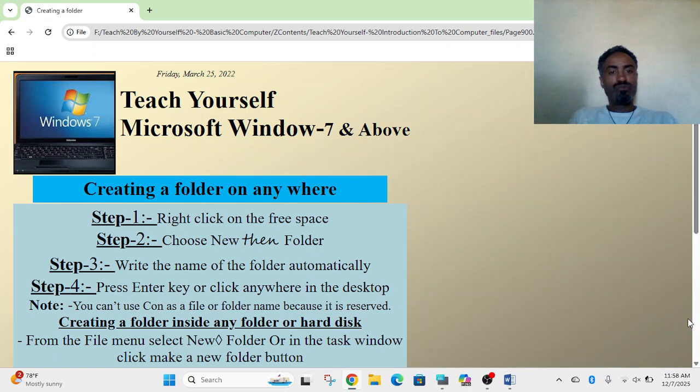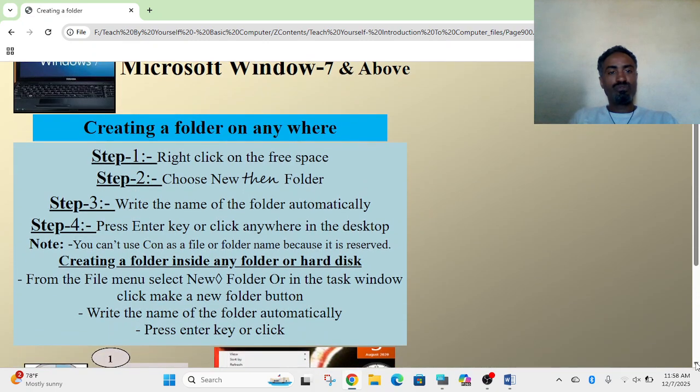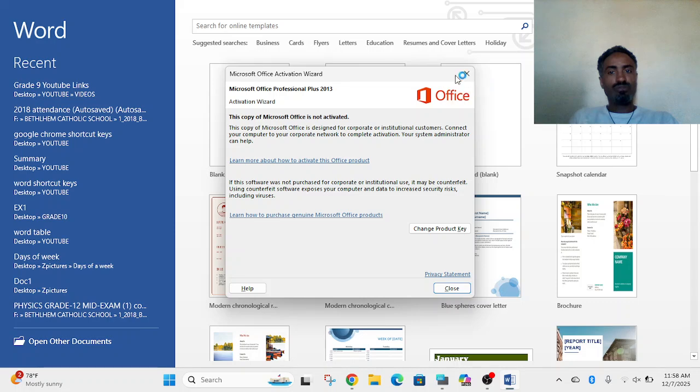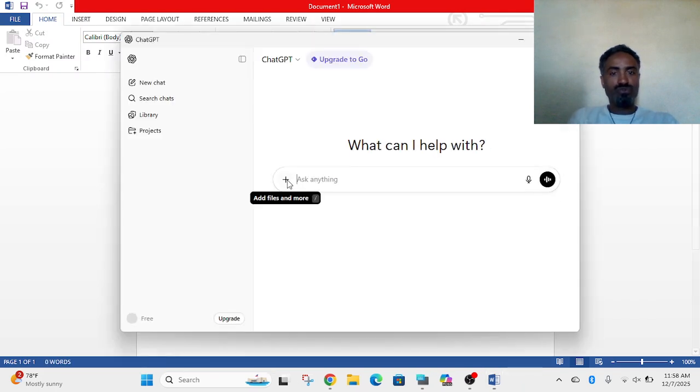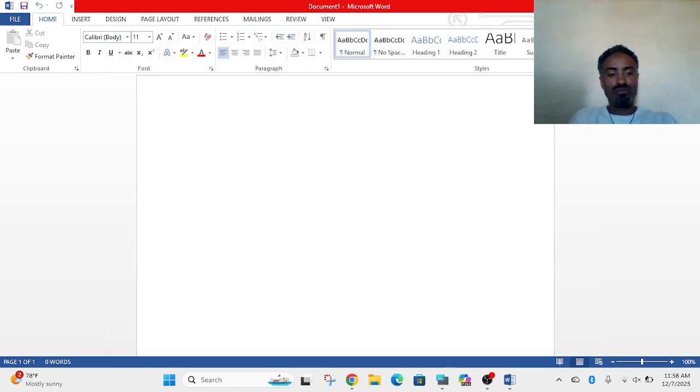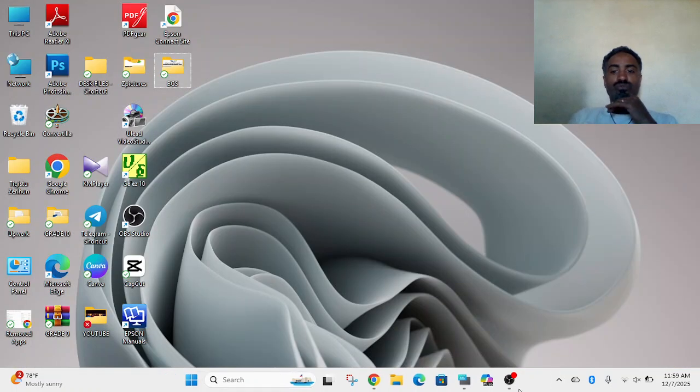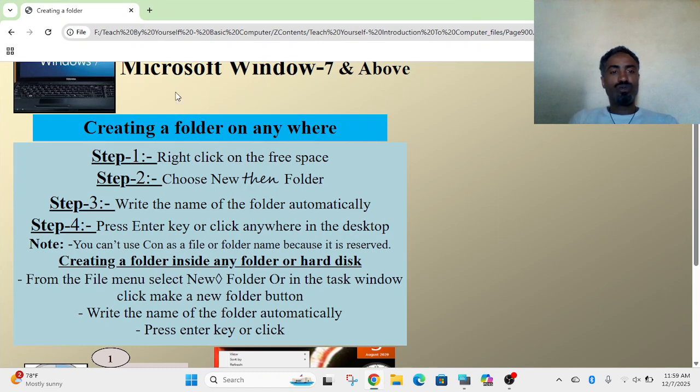Creating a folder. How can we create one? We have said a folder is a container. It is a container of files, documents and programs also. Think about your system: if there were no folders, all files would be in the same place and you may be confused when using them. Having folders helps you to locate files easily, to organize our files and to manage them easily.